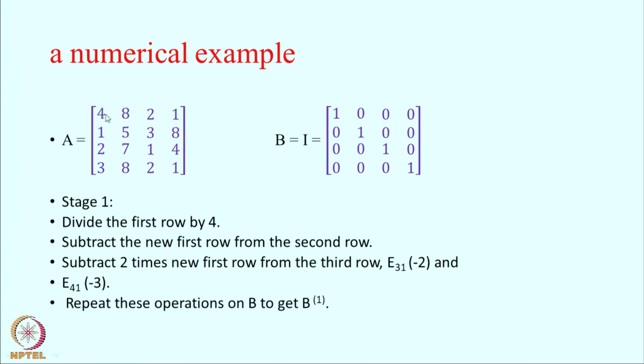So, first I shall convert the diagonal element into 1 and all the off diagonal elements into 0. Then the next time I want to zero these off diagonal elements 1, 2 and 3. How will I do that? I take the new first row and take suitable combinations of this new first row and add it to the second row. And how will I do that? I will do all this by elementary operations.